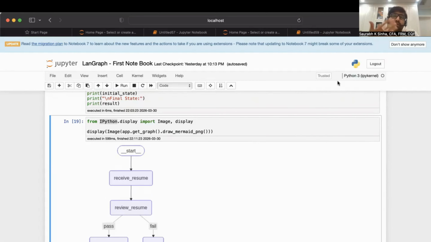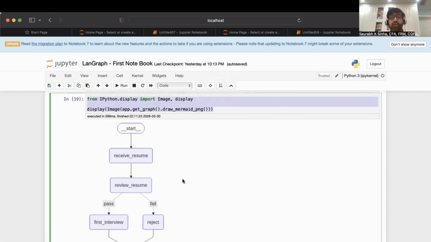And in this lecture, we are talking about a very small piece of the puzzle in the complete implementation code that we discussed in the last lecture. You can also skip this section because this is only related to the visualization of the workflow or LangGraph in the image format. And this particular cell that we discussed in the last lecture is only responsible for rendering the LangGraph in the image format, which you will be using again and again in your implementation of